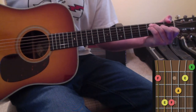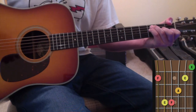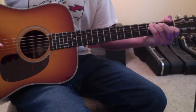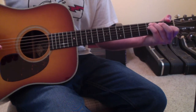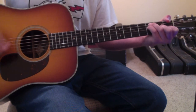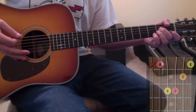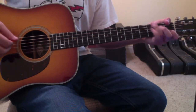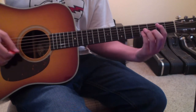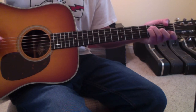So this is how the bridge begins. You've got down, up, down, that same feel that we get in the rest of the song. And on the up, you're picking your second finger up off your fret to expose the open 3rd string. The way that you move that to the A minor chord is with a G in between, kind of with that same upbeat feel that we were talking about with the B minors and C's. So you've got F,